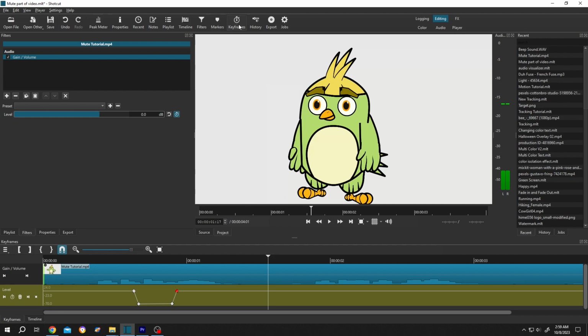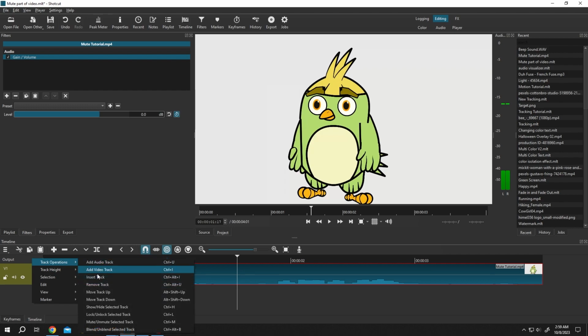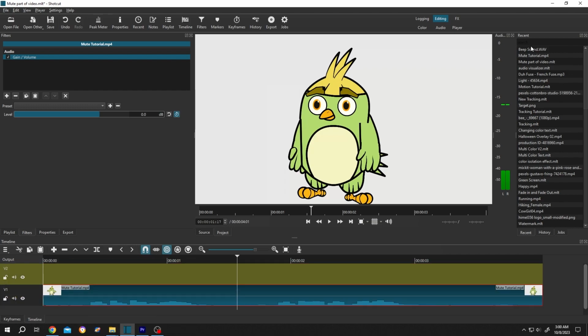See, we don't have that word anymore. Now we are in keyframes. To move back to timeline, click on the timeline, go to left side, right click, track operation, insert a new track, import the beep sound,